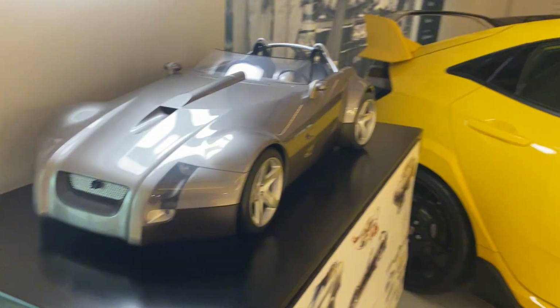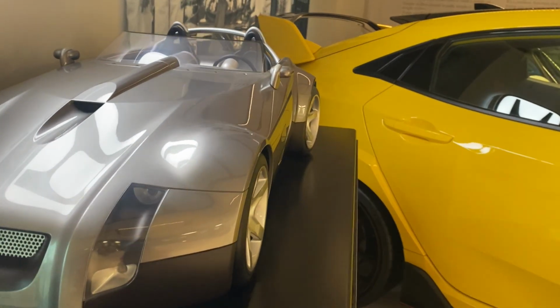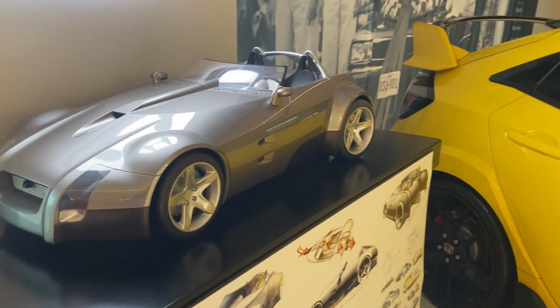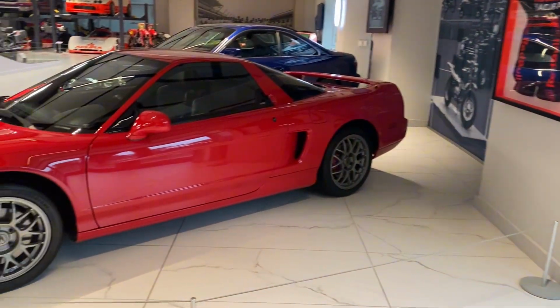That looks awesome. Has a rear steering, I think, or maybe the model is a little lopsided, but you can definitely tell the steering is a little off on the back, kind of like the old Honda Preludes. Hey, that's where they got the inspiration from. Now, next to that,